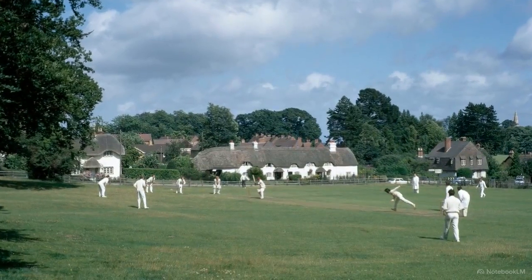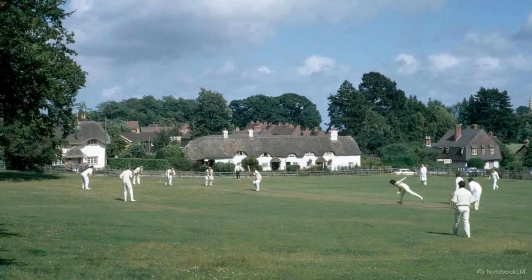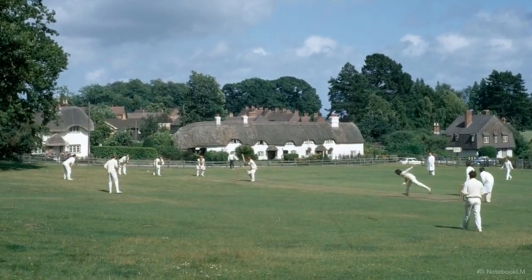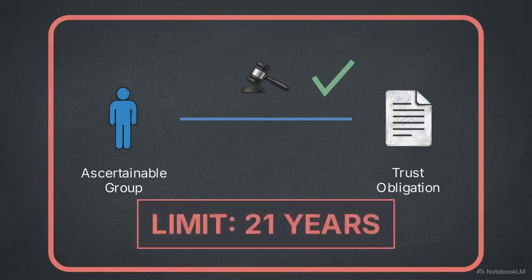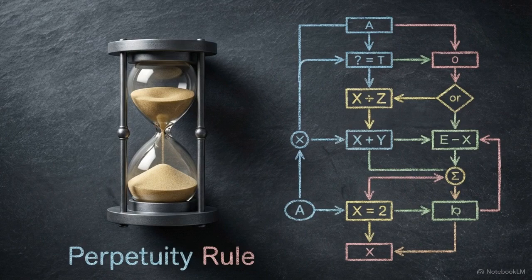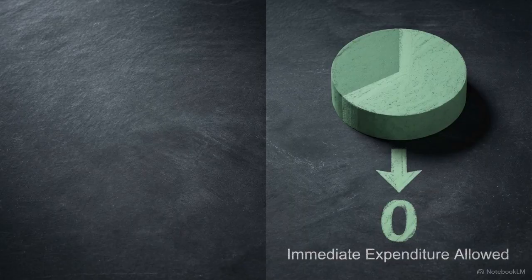Applying this logic, the employees gain a tangible benefit from using the sports ground. Because they can sue if the trustees mismanage the land, the court is provided with an enforcer, successfully bypassing the beneficiary principle. But there is a trap. These exceptions are subject to the rule against inalienability of capital. Unlike charities, Denley trusts must be explicitly limited to a maximum duration of 21 years,